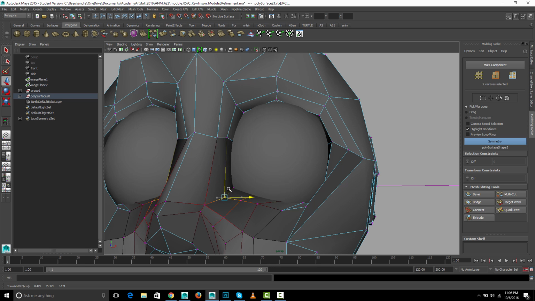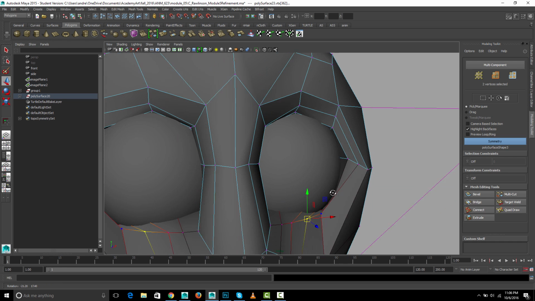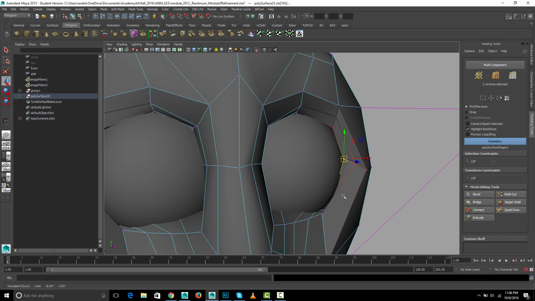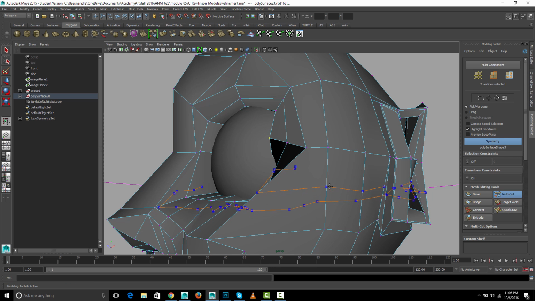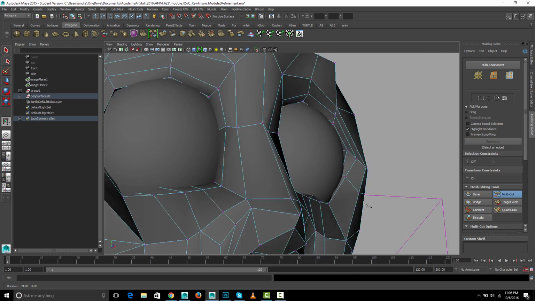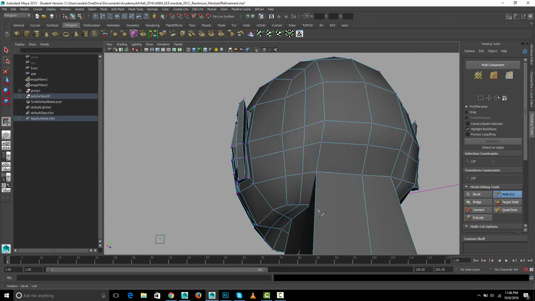Maybe even this. Oops. And then again here, there's not much. It's a big kind of face, so I might do that. And what I like to say, and I know this is a lot of work, but